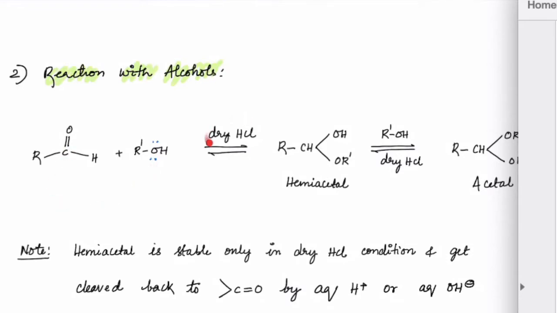And that's exactly what dry HCl will do. Because of this dry HCl, ROH will react here and it will form hemiacetal. We have discussed hemiacetal recently. Once you get hemiacetal, if you add one more mole of ROH, then even this OH2 will leave and OR dash will attach, thereby we will get acetal. So carbon containing OH and OR, you call it hemiacetal. Carbon containing OR and OR, we call it acetal.